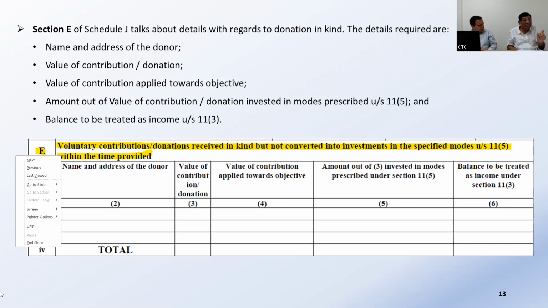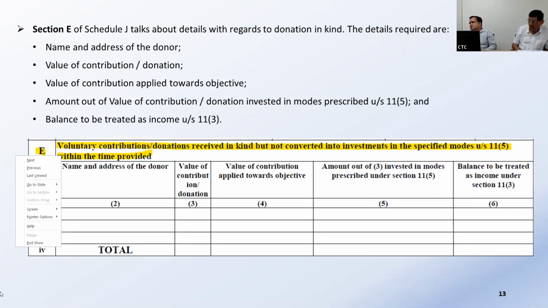But there is a question that came up, which I'll just narrate. If a trust is buying gold bars, it happens in our trust. It buys silver bars, it buys gold bars for the purpose of converting into vessels and for the deity. It does happen. Then what? We showed it as application. Application is when you convert it. When you invested, that 11.5, you are violating.